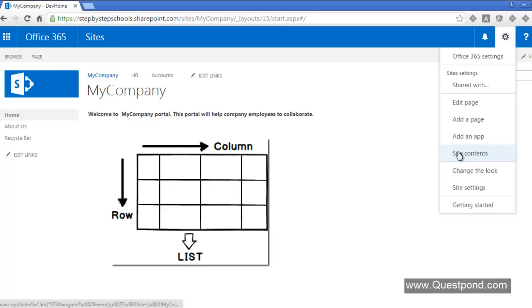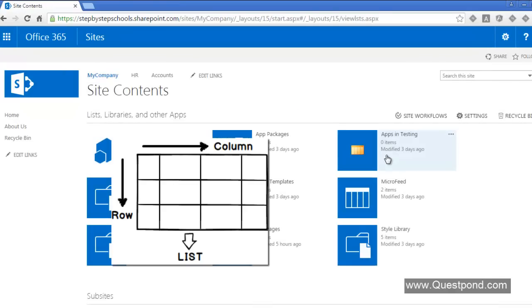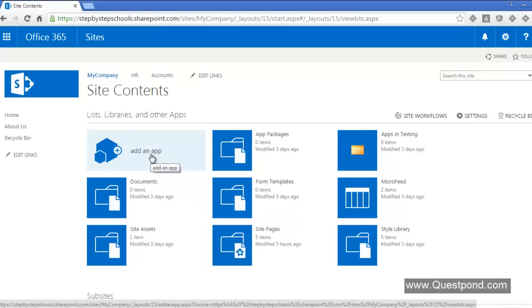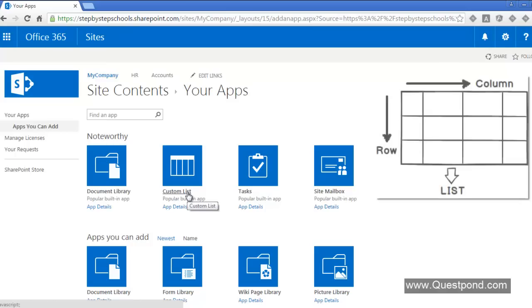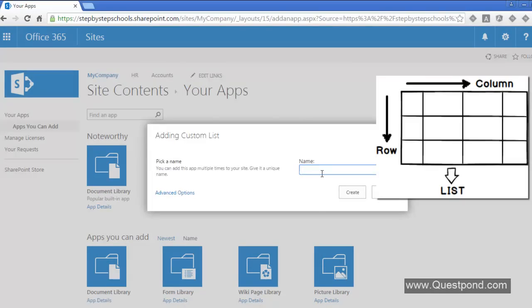Again, go to site contents. Remember, every time you want to add content, the first thing is to go to site settings and go to site content, right? So I will go to site content, and I'm going to add an app. Everything you add to your site over here is an app. So I'm going to add an app, and the app is a type of list. A list means basically I want to create data of a spreadsheet type where I have columns and rows, right? So I'm going to add a custom list over here, and I will say this is